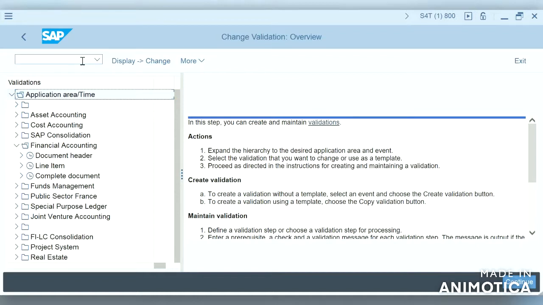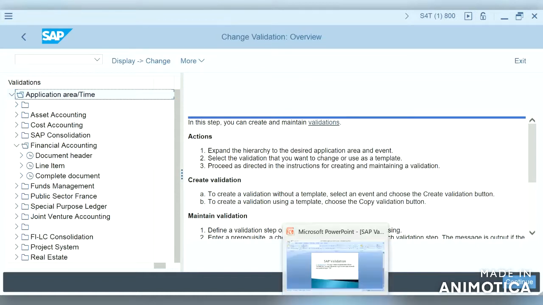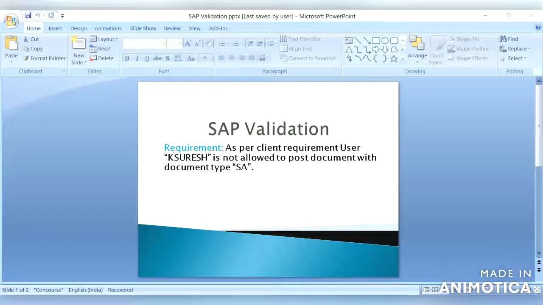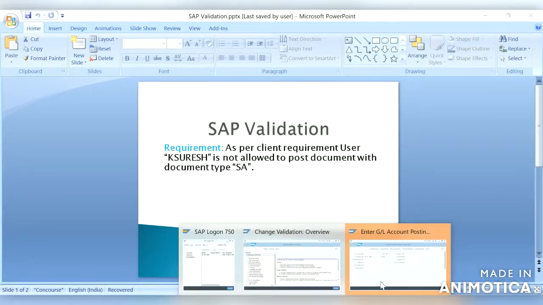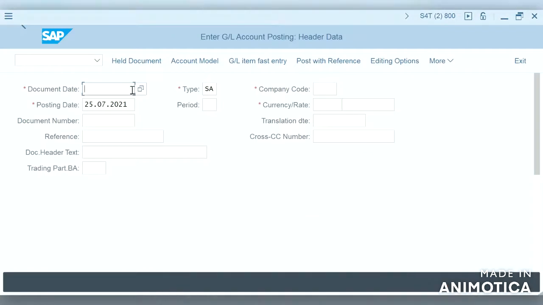I have created a validation for this requirement showing user K. Suresh is not allowed to post document with document type SA. So for this it has to throw an error message. So let me show you how it behaves.